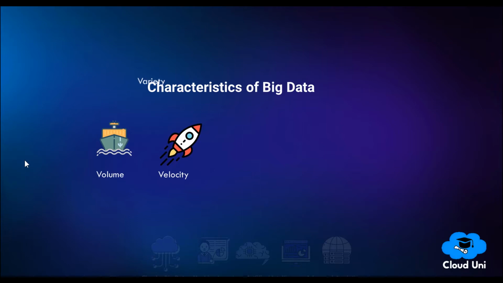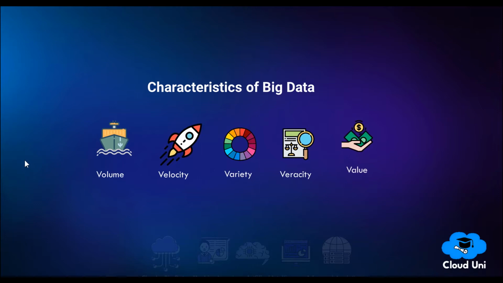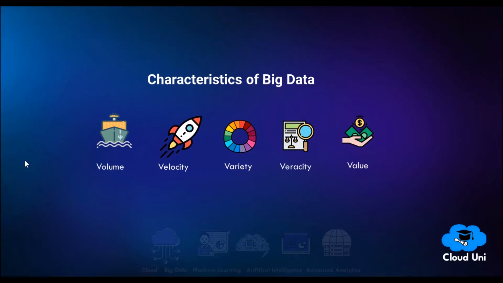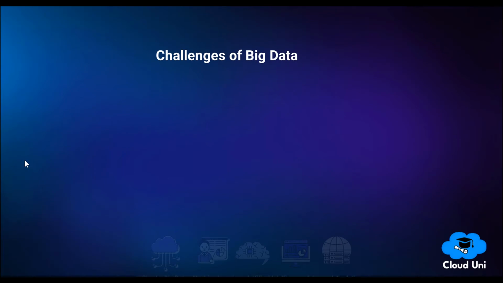Veracity. Big data, as large as it is, can contain wrong data too. Uncertainty of data is something organizations have to consider while dealing with big data. Value. Just collecting big data and storing it is of no consequence unless the data is analyzed and a useful output is produced. It must be pretty clear by now that while talking about big data, one can't ignore the fact that there are some obvious challenges associated with it. So moving forward in this video, let's address some of those challenges.